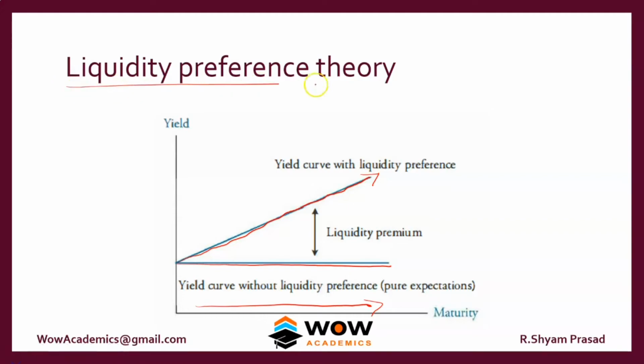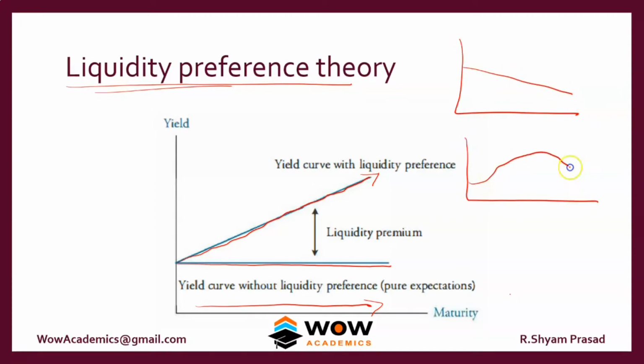The liquidity preference theory has a drawback. This theory cannot explain any other yield curve. For example, we have other yield curves like the negative yield curve, or the humped yield curve, or the flat yield curve. These curves cannot be explained by the liquidity preference theory, because the theory states that people will always want a higher return for the longer duration of time. So if the liquidity preference theory correctly states this, it cannot state this or this or this. So that is the drawback of the liquidity preference theory.